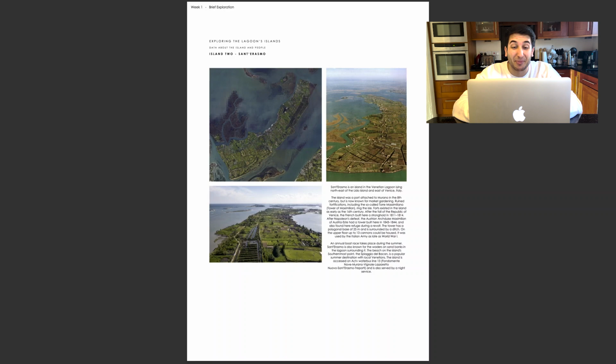And the second island being San Erasmo, this is more of a vegetation island, it's so visible from the pictures itself. It's just a green desert, not really deserted, but like a heavily vegetated island. And people in my studio who are using this right now, their schemes are working with the current island, but also working with the data or future predictions of climate change and how that could affect not only the island itself, but the lagoon. They're creating architectural responses as a tool to then either support the island or the future uses of the island.